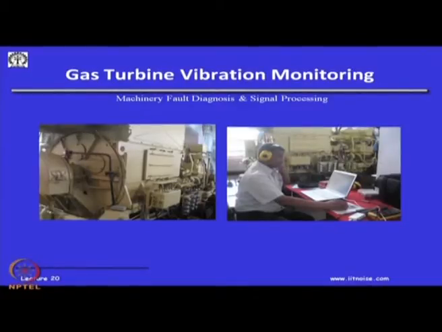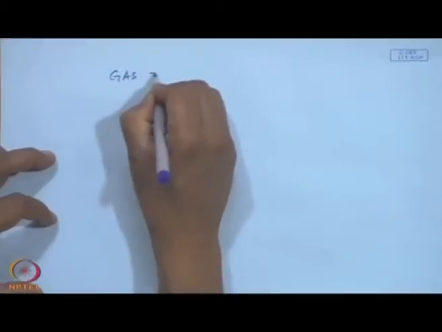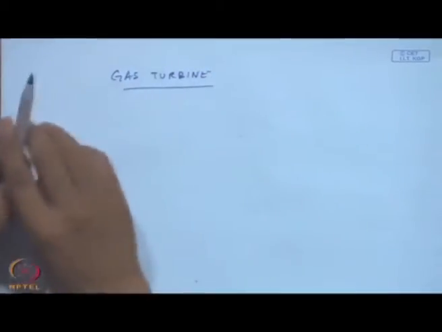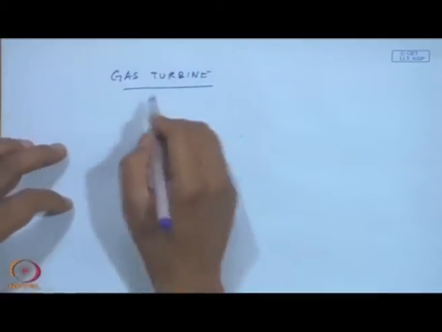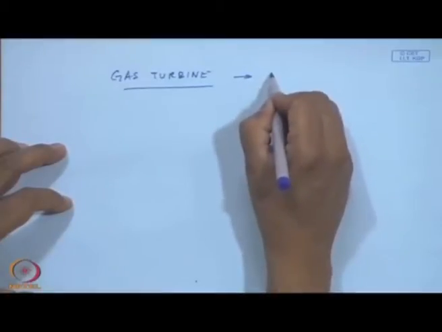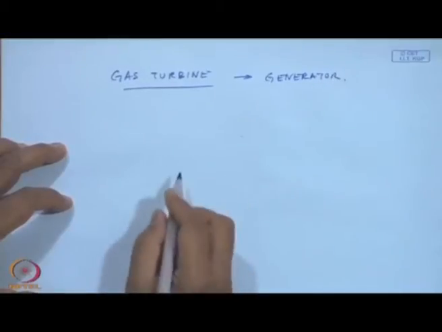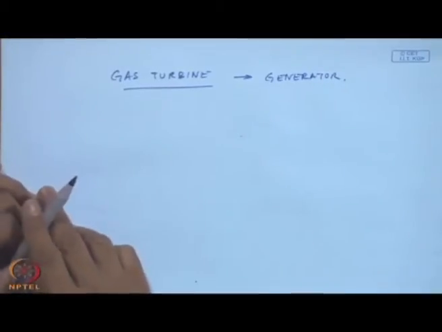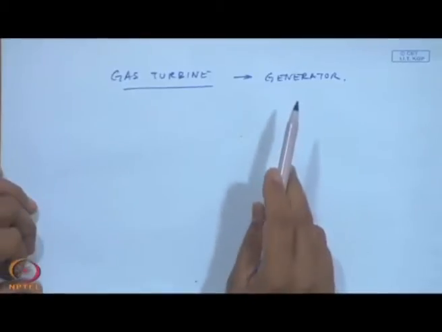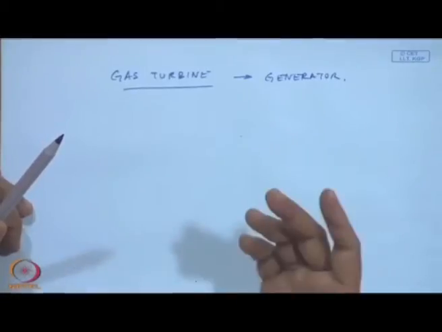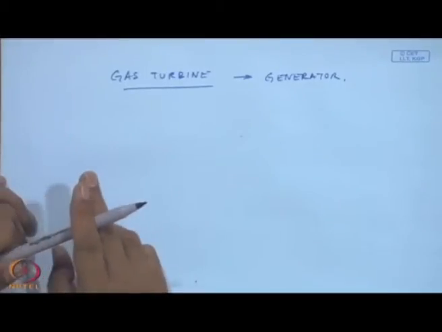Another case is the case of a gas turbine. If you look closely here, this is actually a gas turbine which is driving a generator. In many places they have gas turbines used to drive electric generators. Okay. Maybe in your naval frigates, etc., which are driven by gas turbines. Gas turbines drive generators. Generators are used to drive motors, which are used to drive propellers. Okay. Not directly coupled to the gas turbines.